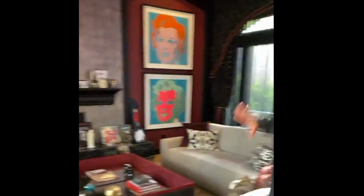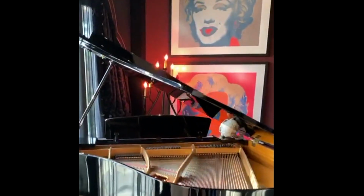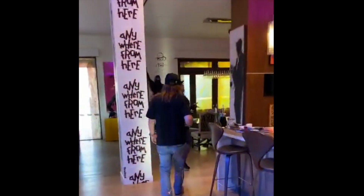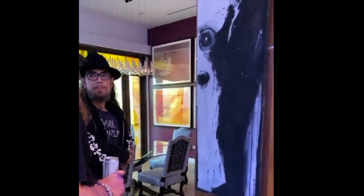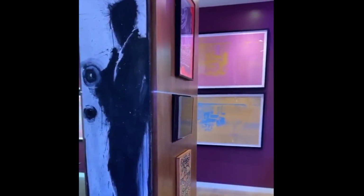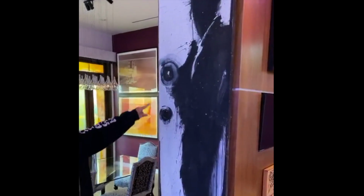My house is more, and we'll take a look if you like, but it's more eclectic because I just don't have one mood. I'm not going to want to see the same thing every day. And so what I was going to get at was, as a collector in the late 80s, early 90s, I started buying works by artists I was a fan of, a lot of long dead artists, and it became kind of...